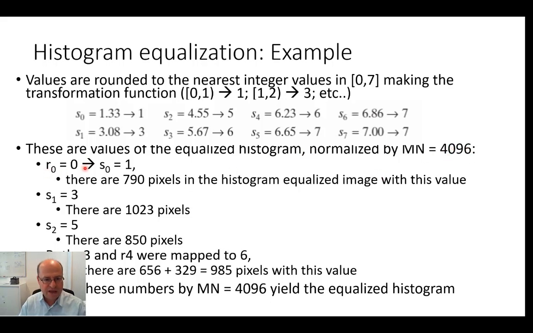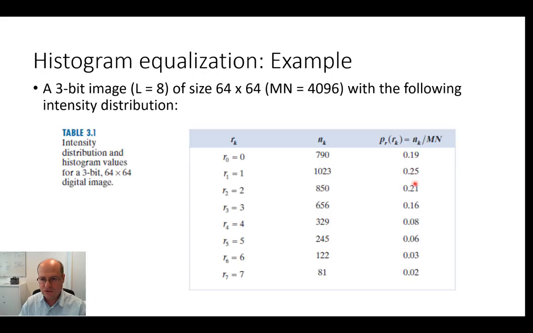We get then pixels with intensity 0 are going to be mapped to pixels with intensity 1. But there are 790 pixels in the histogram equalized image with this value, according to our initial statistics. So I get,